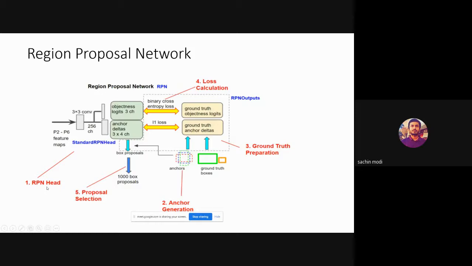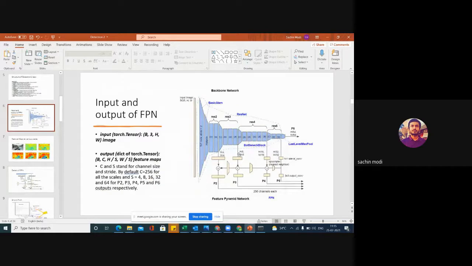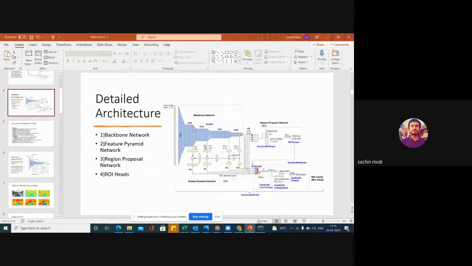Now let's look at the region proposal network. How does the region proposal network work? If you see, we got 6 feature maps from here, and all of them are fed into the region proposal network.